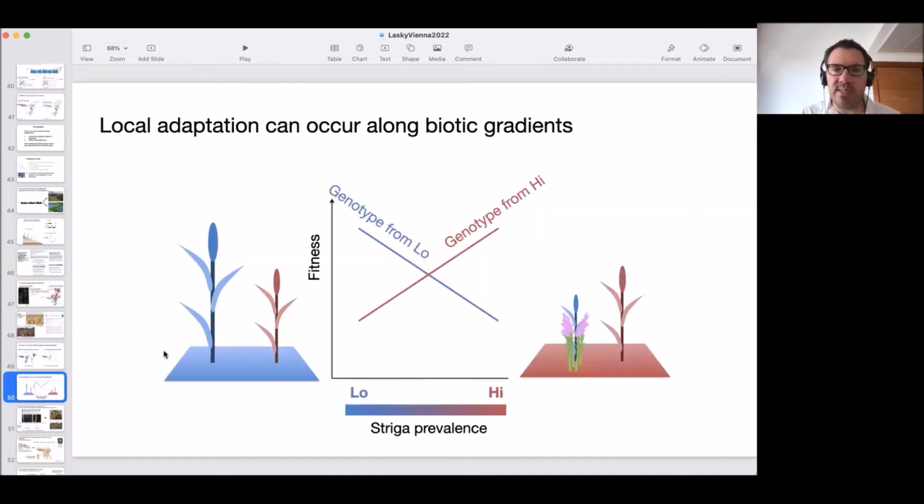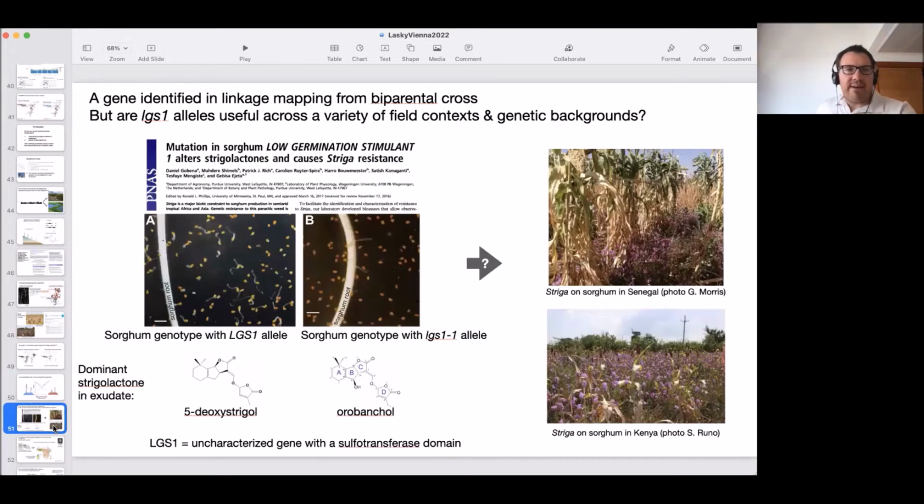So the idea is that there would be some genotype environment interaction for fitness, such that the genotypes that are adapted to the high Striga regions are able to avoid parasitism in some way. Maybe they're resistant, but that those where Striga is not present may have some other adaptations to the absence of Striga. So this work kind of took off from this paper by the Jeta lab at Purdue,